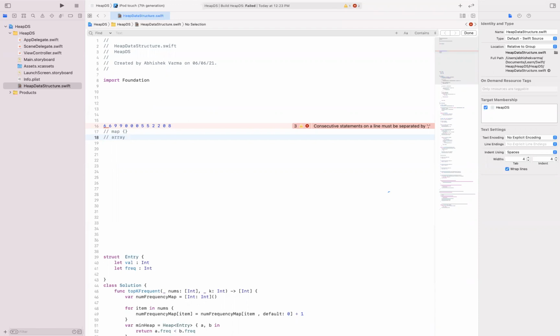In this way, if I want the top k frequent elements, I can get them easily from index 0 to k minus 1. Right, that will be a solution.